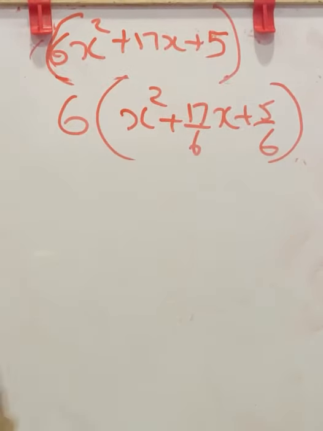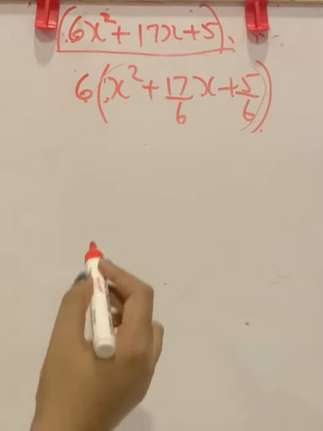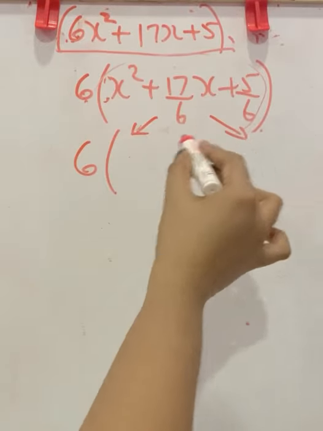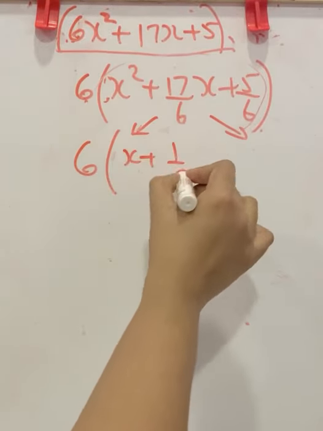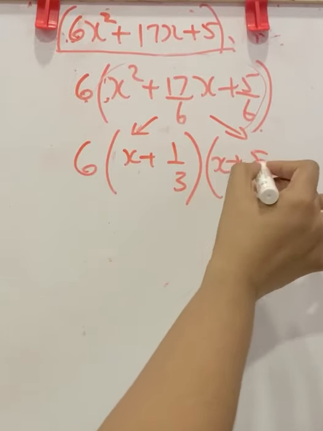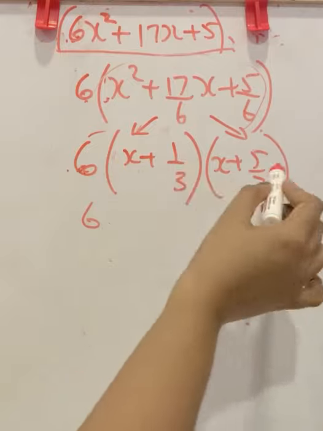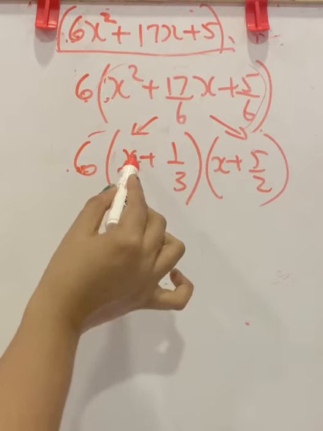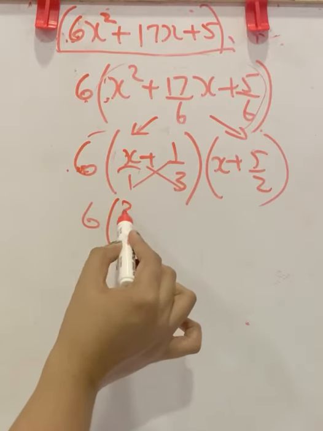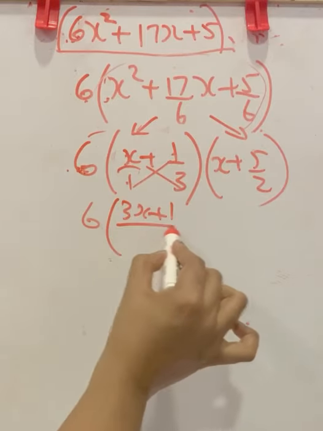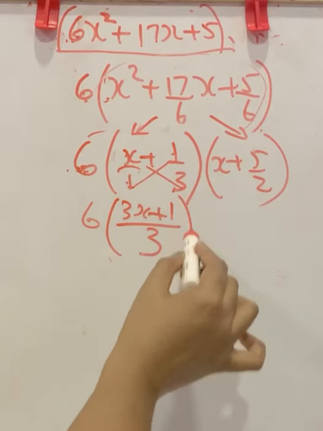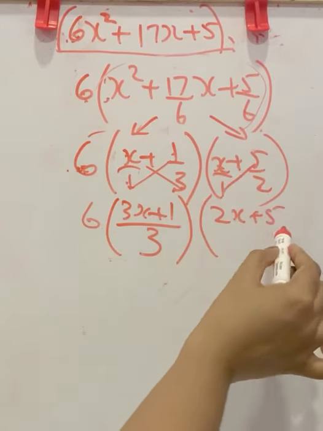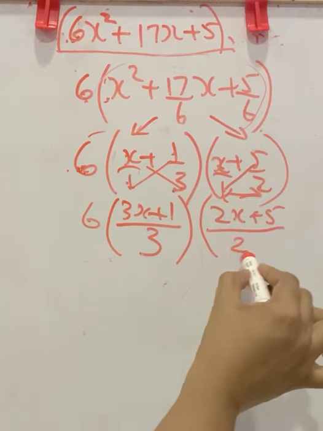So we can write it. That is to find the factors of this polynomial. There is a 6 here, and this polynomial we can write as a product of factors. Factors were x plus 1 by 3 and the other factor was x plus 5 by 2. Here we need to make this a whole denominator. Then only we can operate with this 6. So inside the bracket it is cross multiplying, that is 3 into x is 3x plus 1 ones are 1, whole by 3, into, here it becomes again x 2s are 2x plus 5 ones are 5, whole by the product of two denominators, 2.